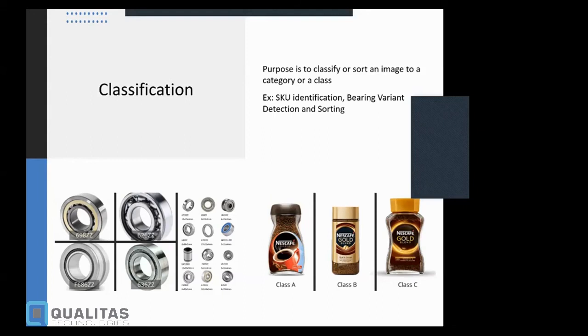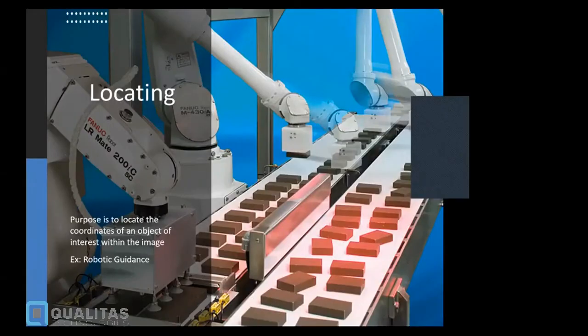Another example is looking at different bearings and identifying the part number by just looking at the image. So here, there are different bearing parts, and let's say you want to sort it, and you want to make sure that there's no mismatch and mix-up. So you can use classification to identify which bearing belongs to which class, and if there's any mix-ups, you can easily identify which is the odd one, right? So that's the second last one.